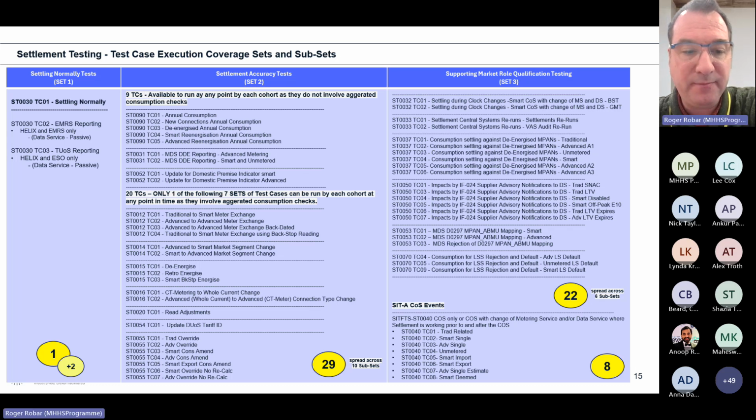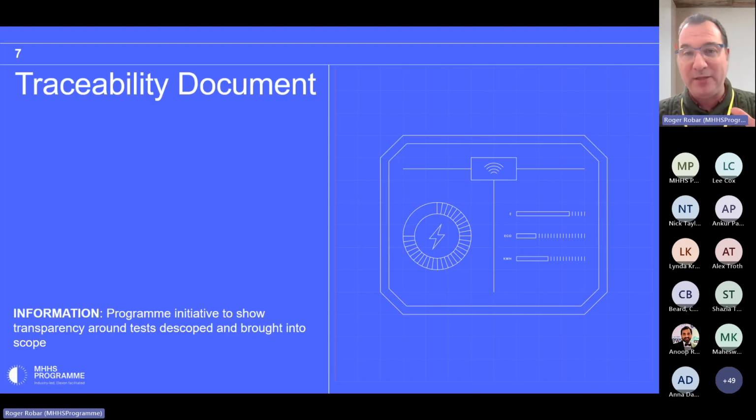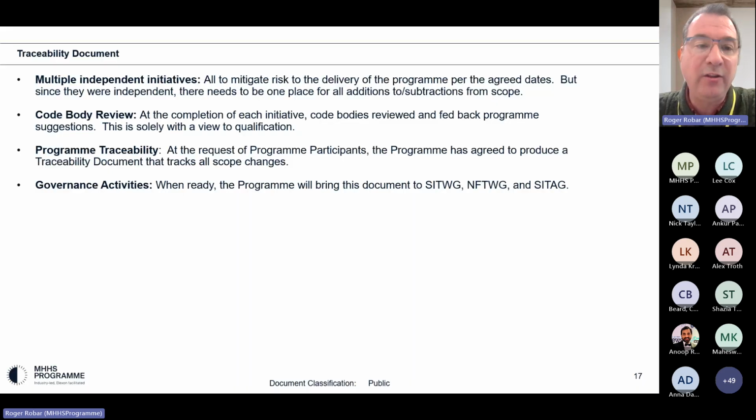Right. Okay, moving on. So there's a lot of work that's been done around scope and around what we're asking everyone to run. So what I'm now working on with the test architecture team, and again, out of feedback, and thank you for engaging from participants at the SIT working group, is we've got all of these independent initiatives, and they've all been, again, kind of properly done.